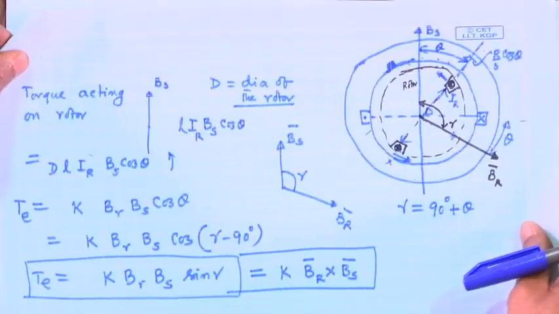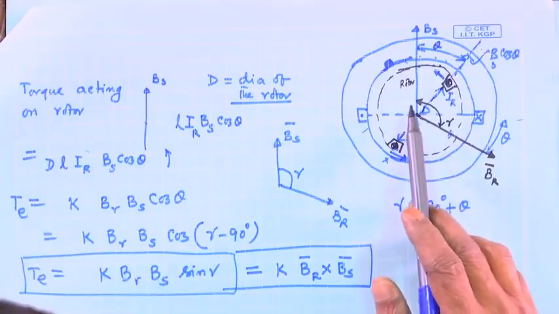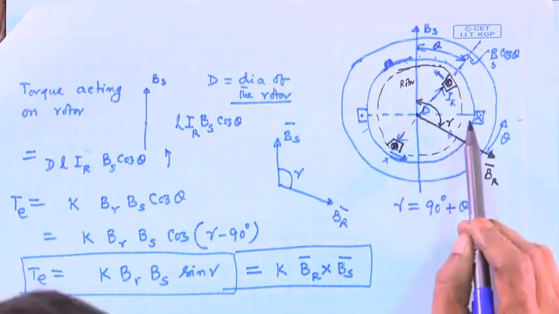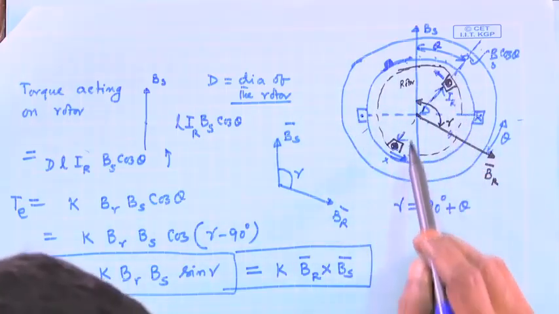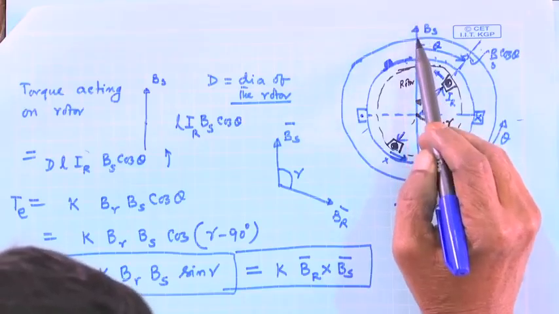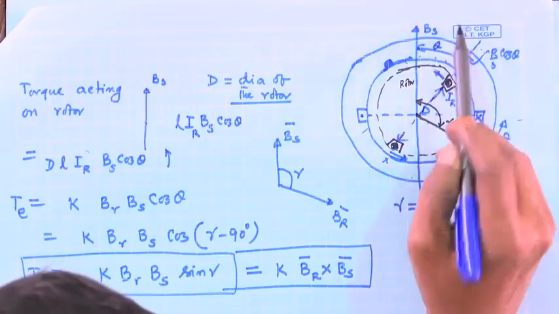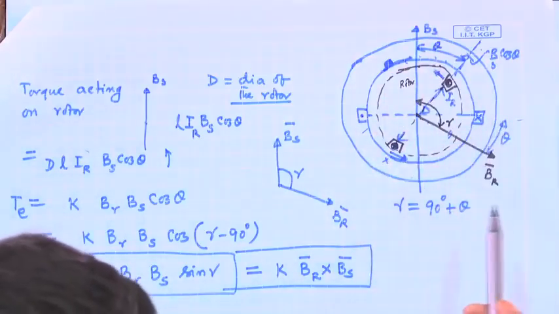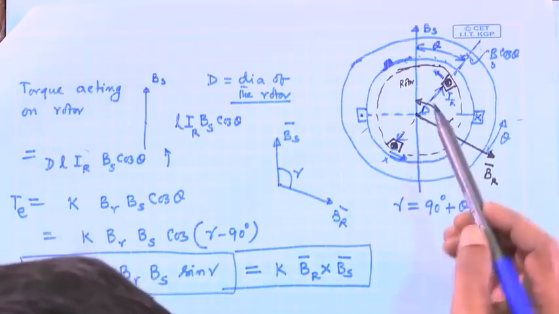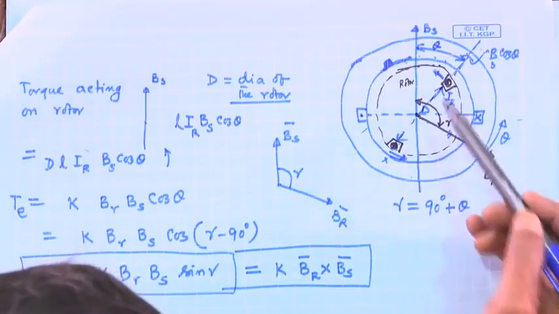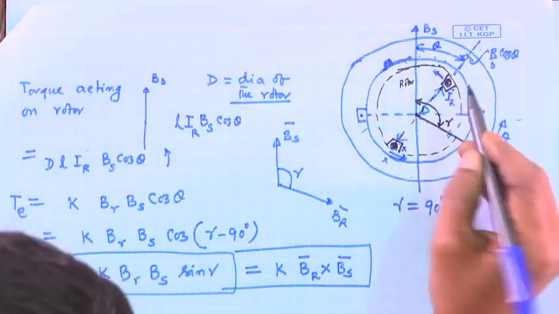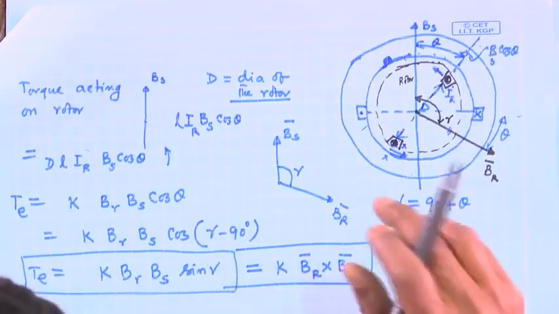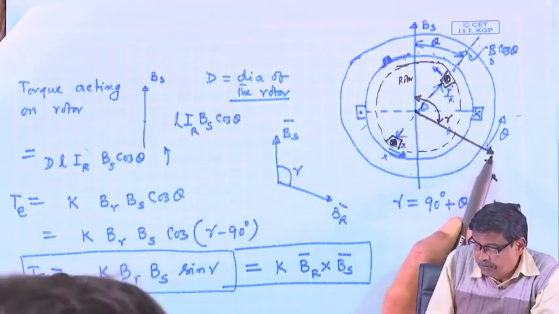So, the last slide in our last lecture was like this. To understand in a better way, I have assumed a DC current here, cross and dot, on the stator, which produces B s, which is actually B s cos theta if you measure theta from this reference. Similarly, on the rotor you have a pair of slots, and on this side the current is cross and on this side the current is dot, also assume DC, it does not matter, and the field created, perpendicular to this line, is B r,